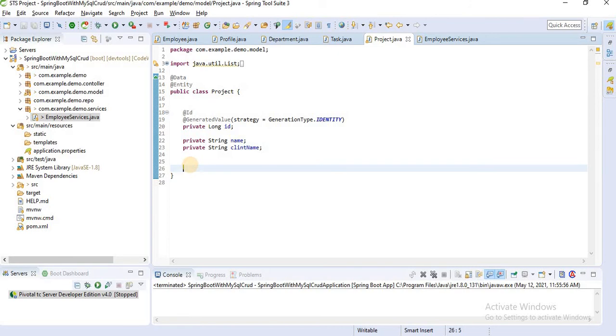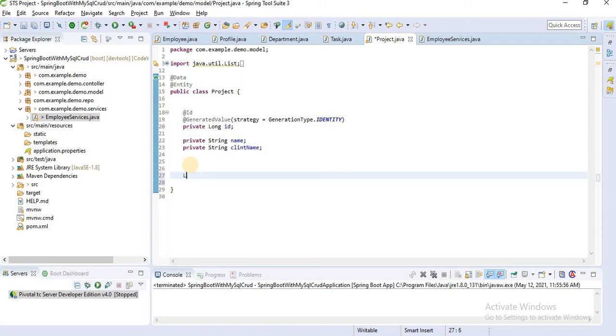Here also we have to add a list of employee, because in one single project, multiple employees can also work. Add employee here, and add many to many.